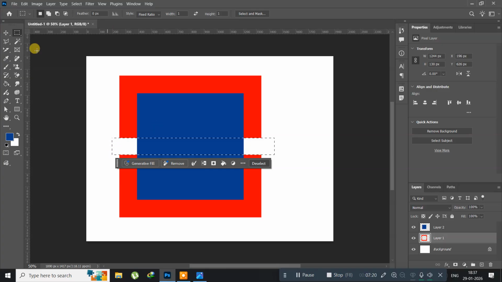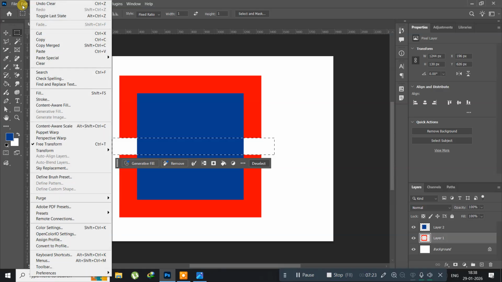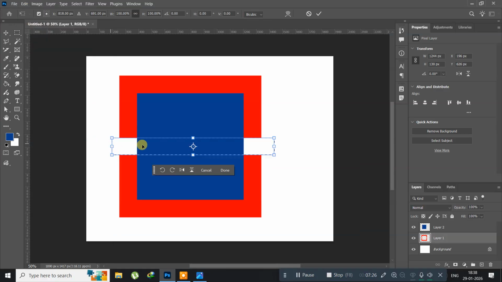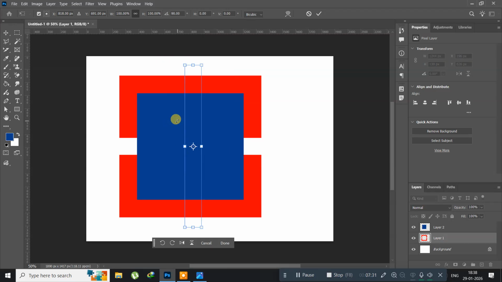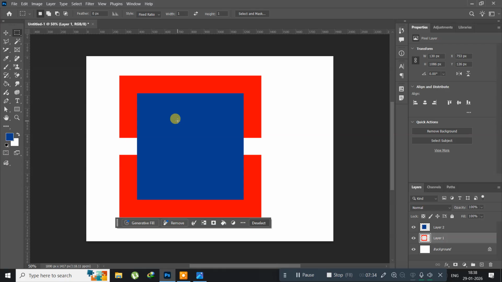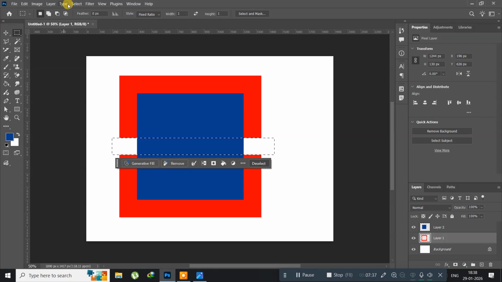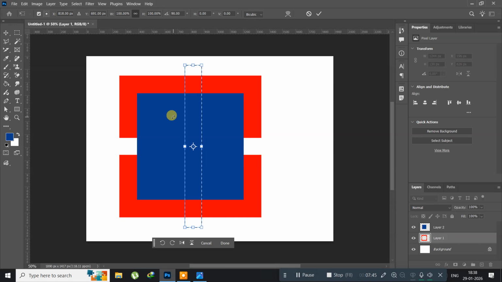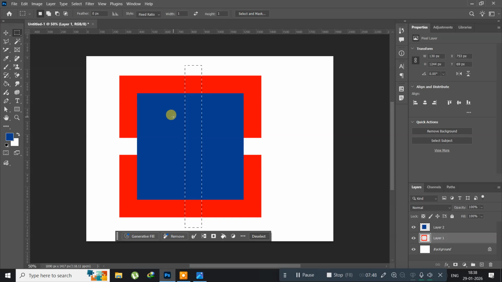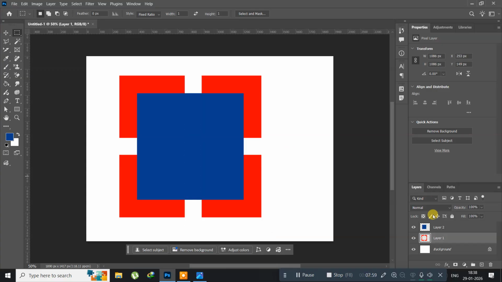Okay, again in vertical direction, open Edit menu, Free Transform, right click, rotate 90 degrees clockwise, enter key. Sorry, what happened? So open Select menu, Transform Selection, right click, rotate 90 degrees clockwise, just press the enter key and just delete this part of the portion. And now I want to deselect with Control D. After that select layer 2,